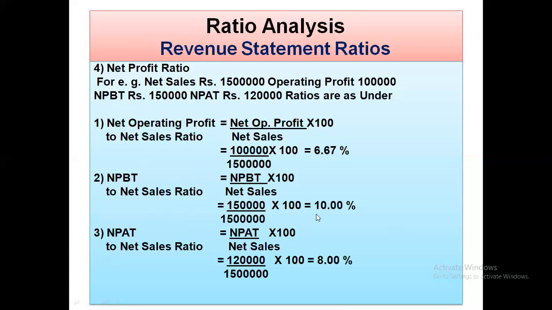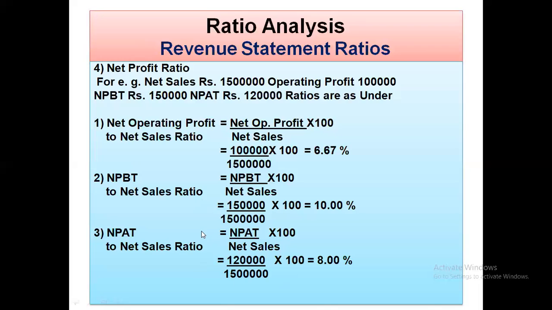But where no specific ratio is asked and only the information is given to find out the profit ratios, then in this case you can determine all the possible ratios. Generally the ratios may be of three types or three categories: operating profit,